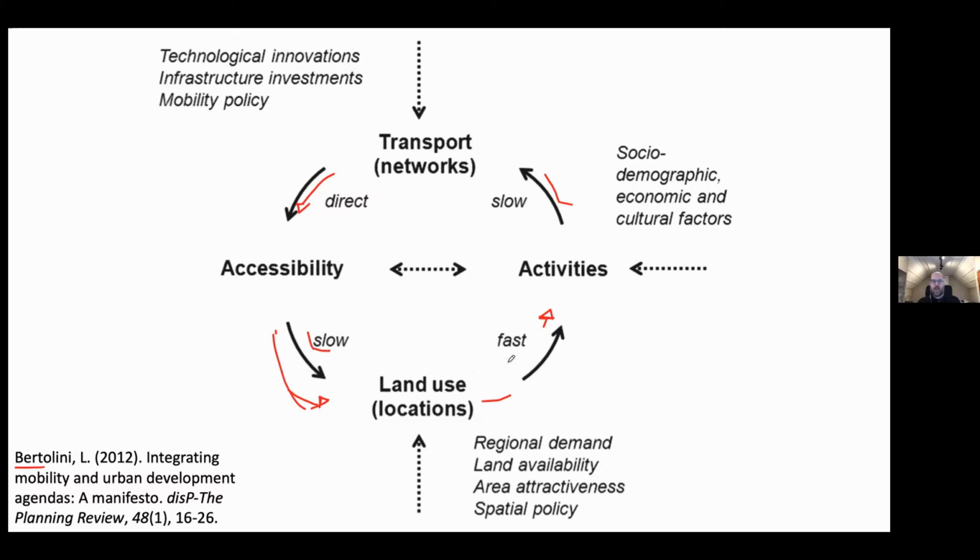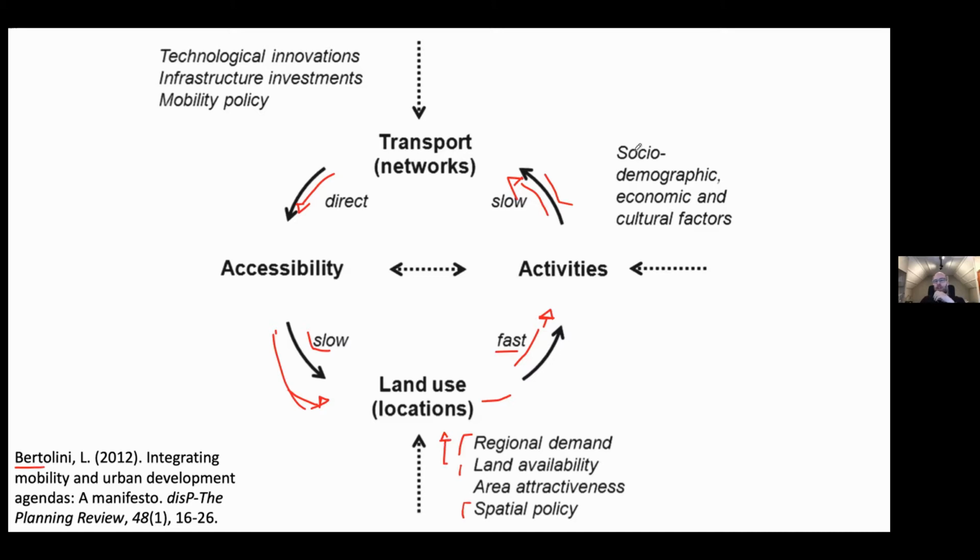Land use tends to change activity patterns in a fast process, because once a building is built, it becomes open for inhabitation in a relatively fast way. The location of activities tends to influence transportation networks in a slower way. Networks are slower to respond to the new equilibriums of where people and origins and destinations are located and travel between them. But feedback also comes in terms of how things like regional demand and land availability, spatial policy and planning affect land use decision-making,